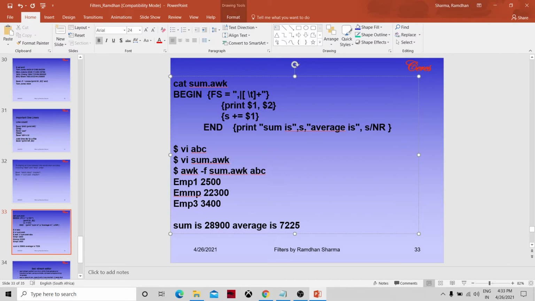Employee ID and salary. So we are just summing up the salary. At the end it will be the sum of the salary, and then the average if you want to create it. NR will have the number of records. We can create the file using cat or something. So it prints through the body, and at the end it prints the sum and average.